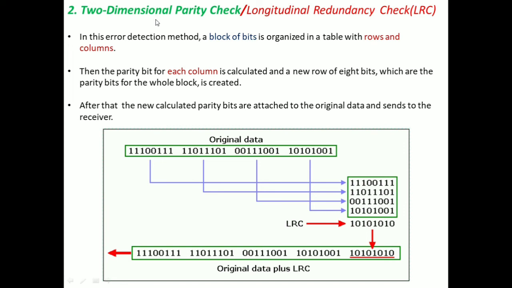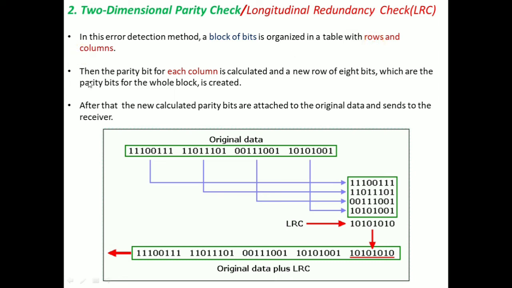The second type of error detection mechanism is the two-dimensional parity check, also called longitudinal redundancy check, LRC. So let us now see how this error detection mechanism works. In this method, a block of bits is organized in a table with rows and columns.